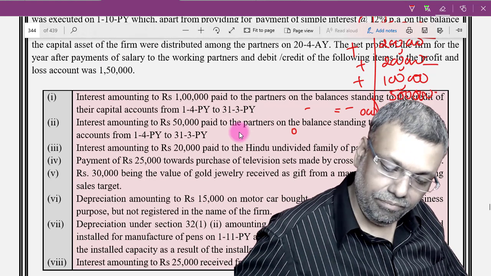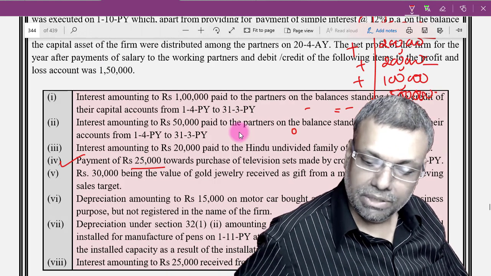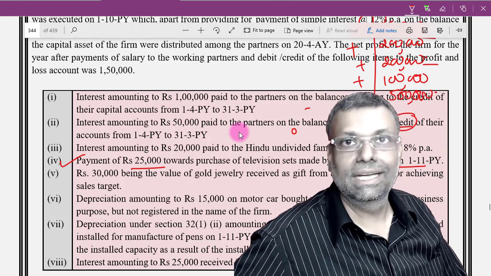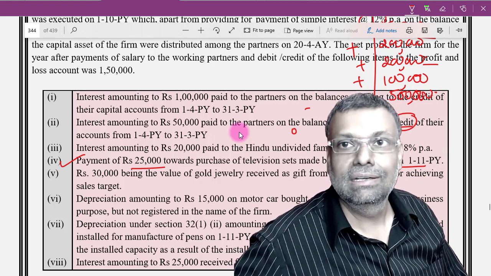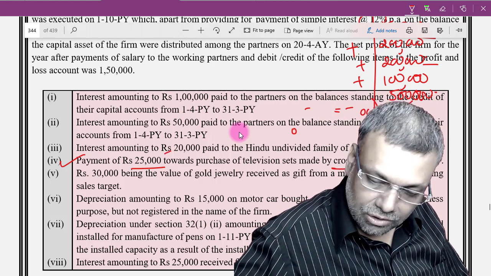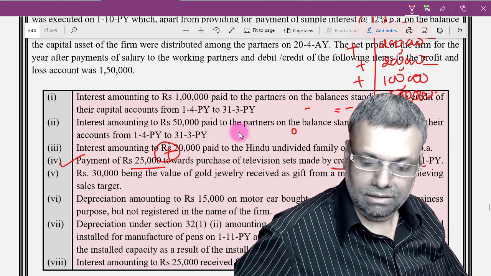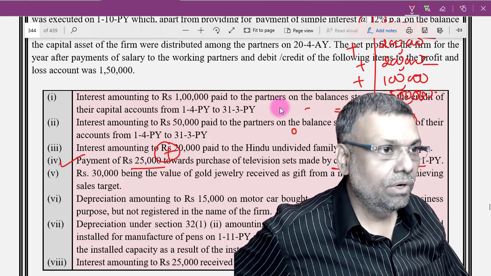Okay, next point. Payment of 25,000 towards the purchase of television set made by the cross check. So this is as good as your cash transaction, because it is otherwise done by means of an account payee check. So because of that, you have to add 25,000. Okay, then the next point,